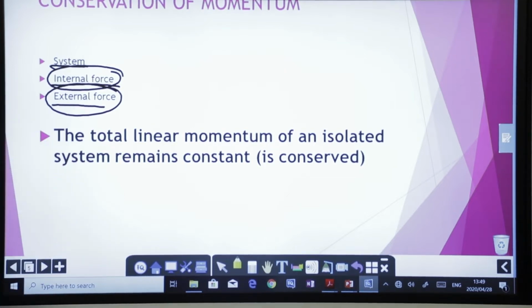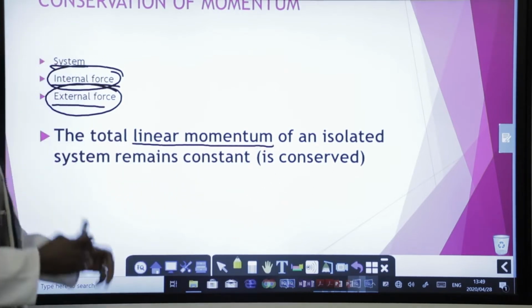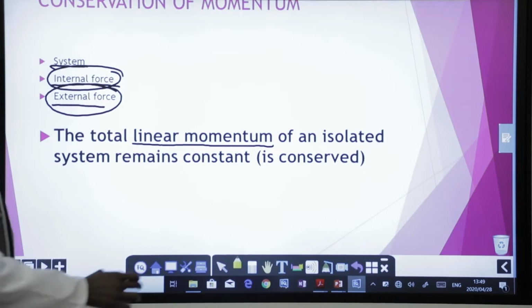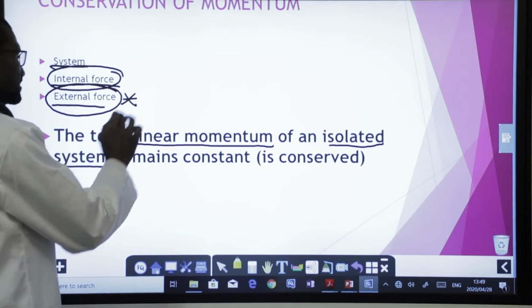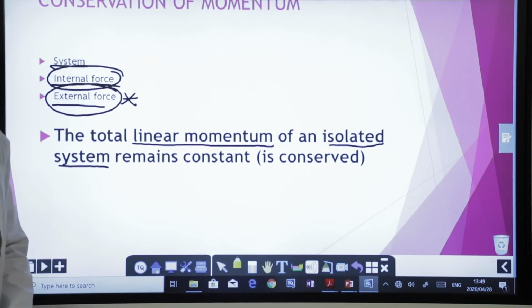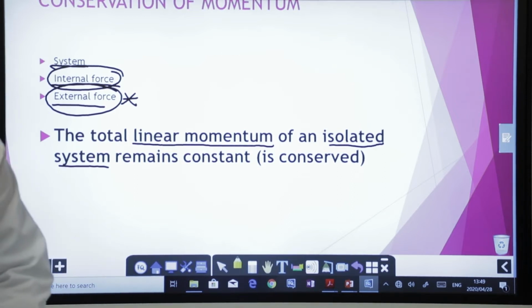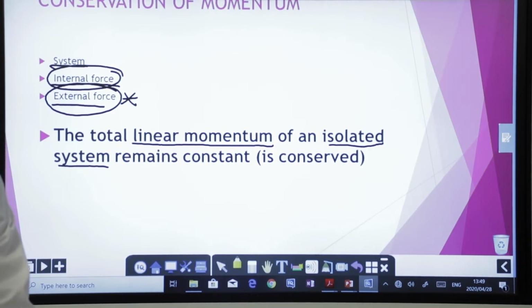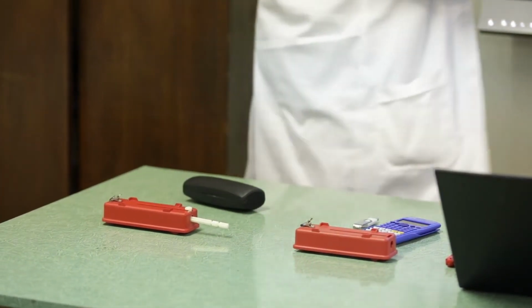Stating the law of conservation of momentum is simply as follows. The total linear momentum, which I defined earlier on, of an isolated system, an isolated system being a system where there are no external forces, remains constant or is conserved. So what are we saying? If I am going to consider two or more objects, their total linear momentum is going to be the same. So the sum of